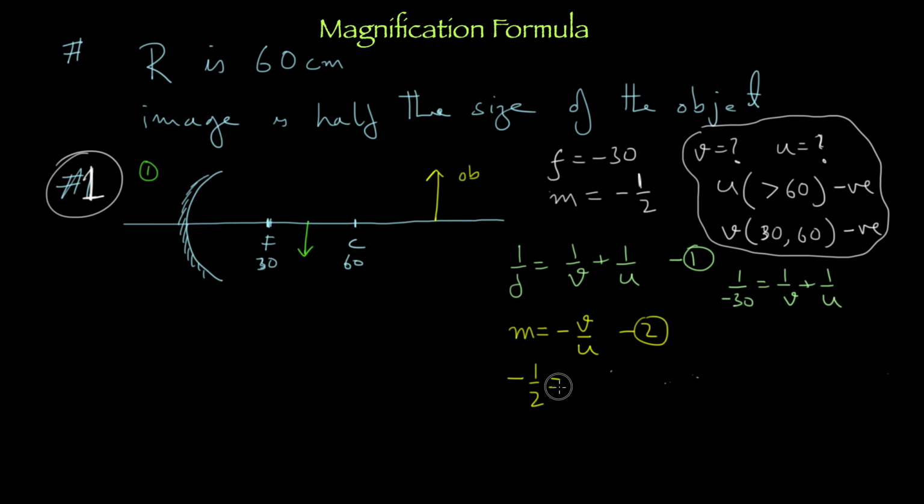Minus half. Okay, now we'll just pick what we have written. No more using our brains again. Now this is simple. We are just picking and putting. No brain job over here. Whatever brains we have to apply, we have already applied in the first, second step, and prediction step. Okay, so minus half. M is equal to minus half is equal to minus V by U.